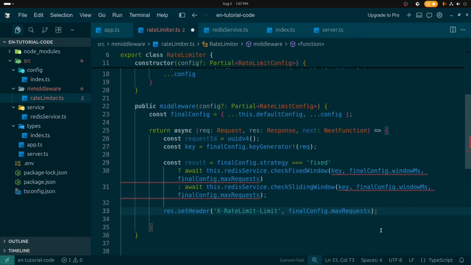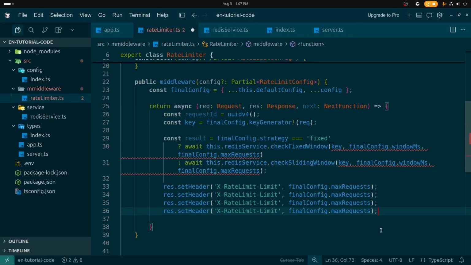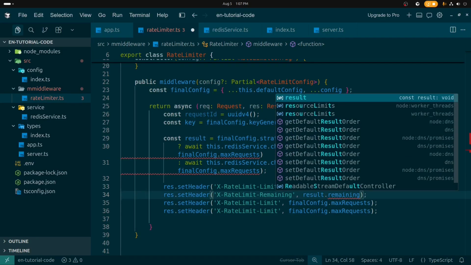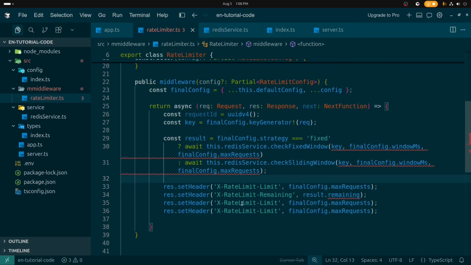Let me copy this line, paste it below 3 more times. This time we are going to set the header for rate limit remaining. This is going to be result dot remaining. Okay, we are going to set the header for reset,